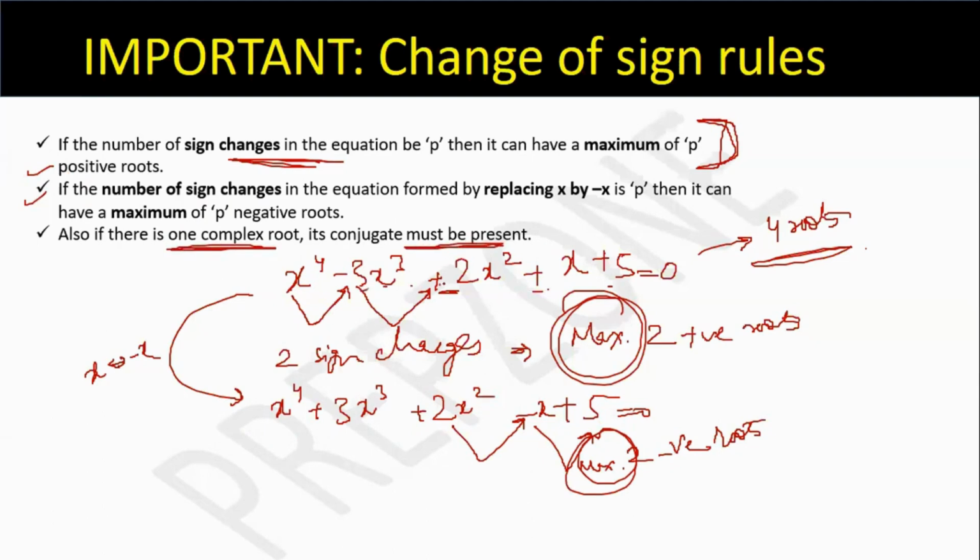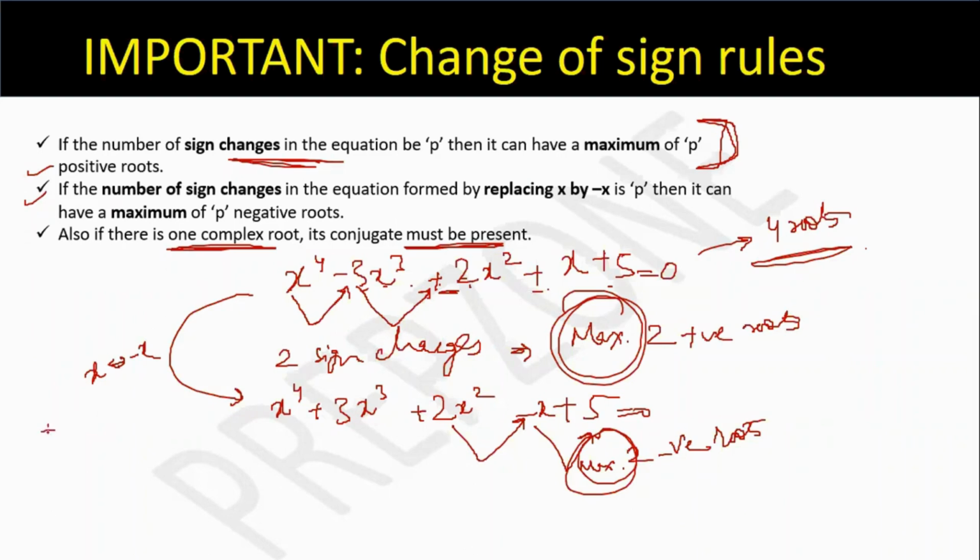क्योंकि सारे coefficients real हैं, so अगर conjugates होंगे तो वो 2 ही होंगे। मतलब I can't say कि 4 roots हैं जिसमें से 3 तो positive हैं और 1 conjugate है, that can never happen. क्योंकि complex root अगर 1 है तो वो 1 कभी भी नहीं होगा, उसका हमेशा pair भी होगा, because complex roots always occur in pairs, इस condition में जहां पे सारे coefficients real हैं।